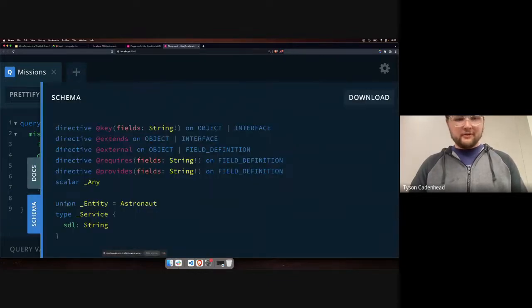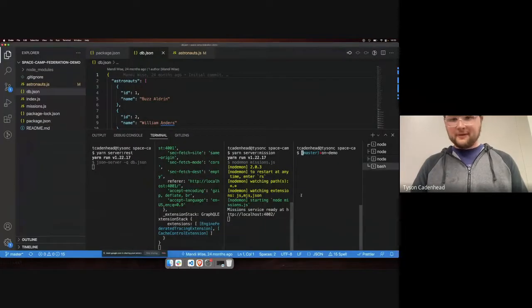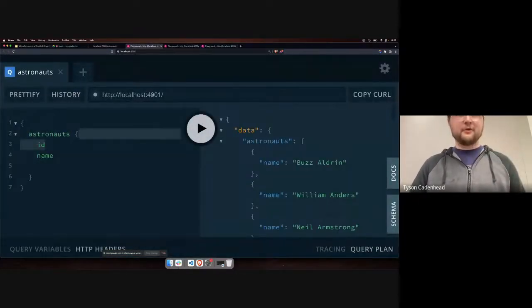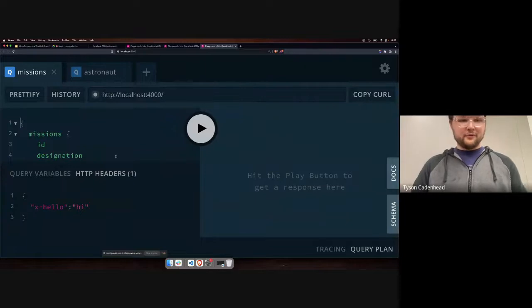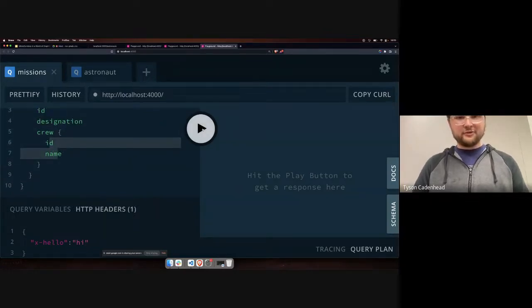So what we really need is to federate these two schemas together and make a brand new schema. So we'll do that. And this is pointing at these two schemas. One of them is on port 4001 and one's on port 4002. And now we're on port 4004. And this schema is like our overall schema. So we were able to get a crew, and you see here I've got a name on the crew. So we should actually see the people who are on the crew.